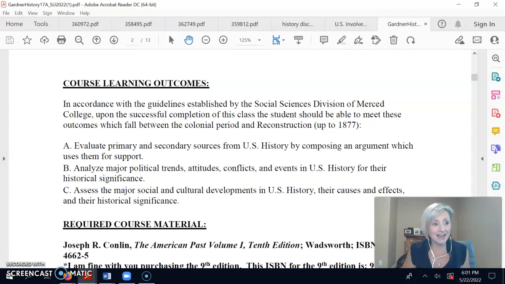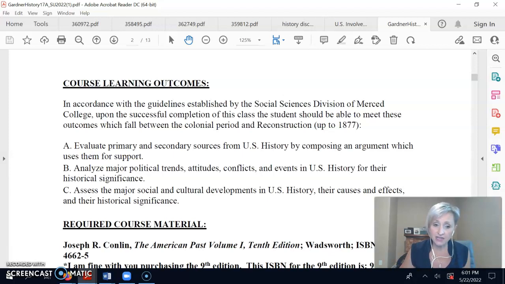This is probably the hardest part of the course because it involves primary source documents. These are diaries, newspaper articles, government documents, anything that is produced during the time period we're studying. Some of it is old language, not the best grammar always, and sometimes kind of tough to read, but it does give you a particular perspective on history, depending on whose primary source document it is that you're reading. And so you use those documents to compare and contrast and evaluate what is going on in a particular time period.